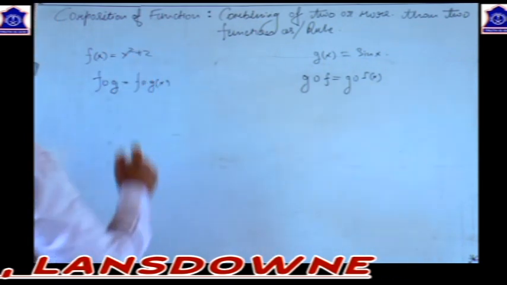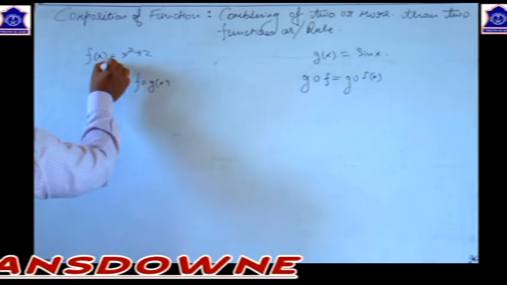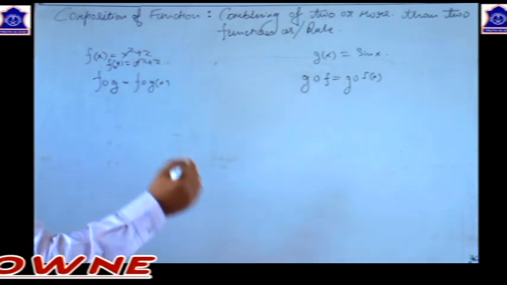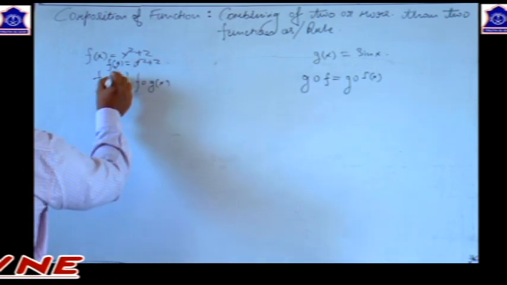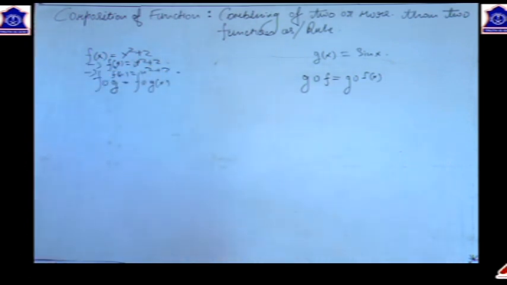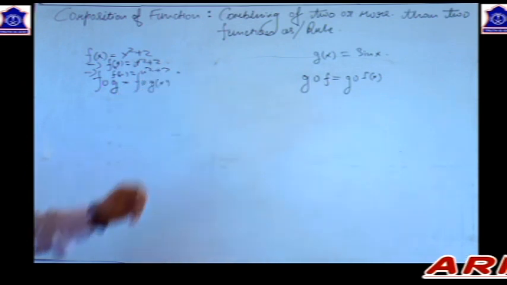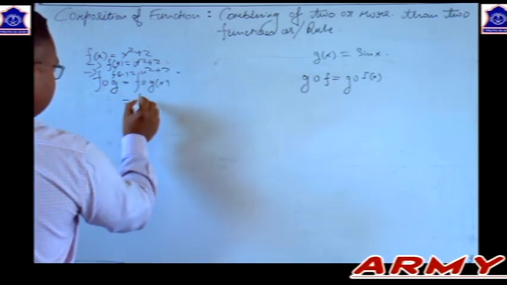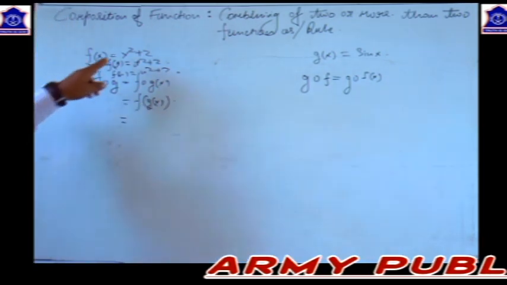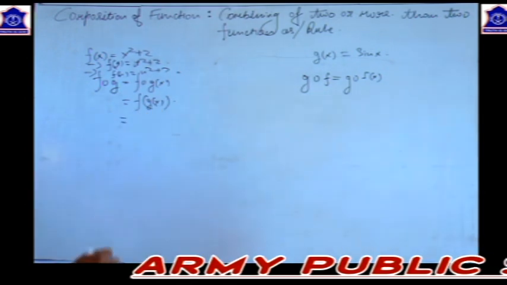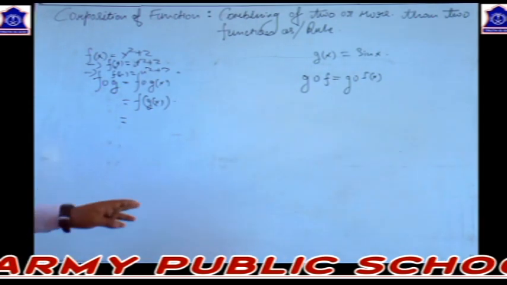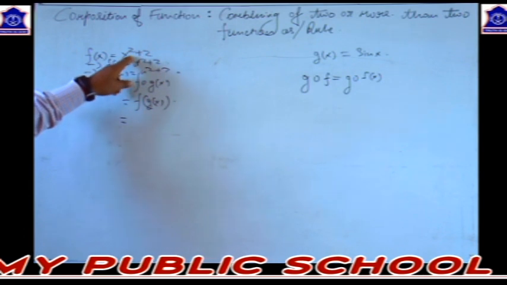As we have f(x) equal to x square plus 2, अगर यहाँ पे f(t) होता तो यहाँ पे होता t square plus 2. Similarly अगर यहाँ पे f(n) होता फंक्शन की डेफिनेशन होती n square plus 2. Okay, here we have f of g(x). Now when f(x) equal to x square plus 2, f of g(x) equals to, इस g(x) को यहाँ पे हम पुट करेंगे. What I mean to say is that putting the value of x as g(x),